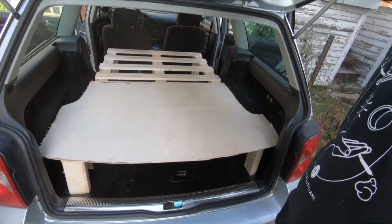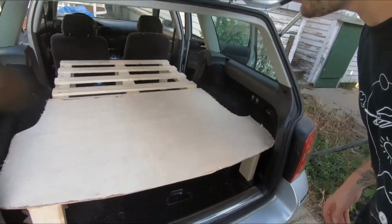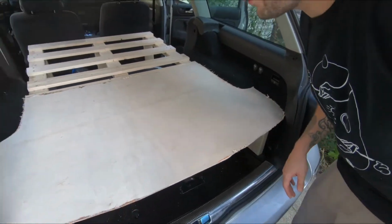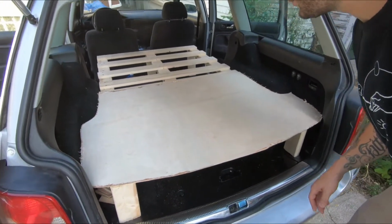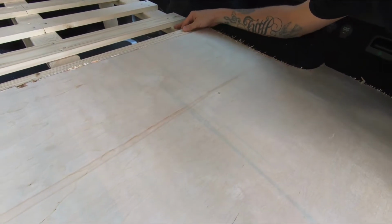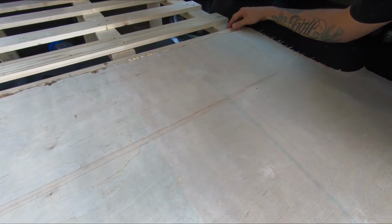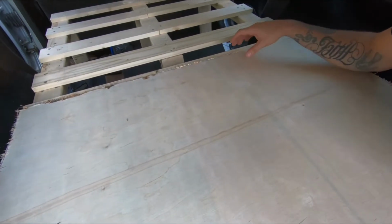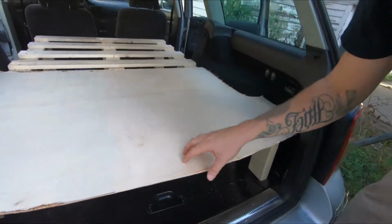Look at that, my friends. Aside from being a super rough cut, it fits pretty good. And look at that. This bed slat, it's not attached yet, but it's damn near close to being exactly where it's supposed to be. This is where we are going to mount our hinges